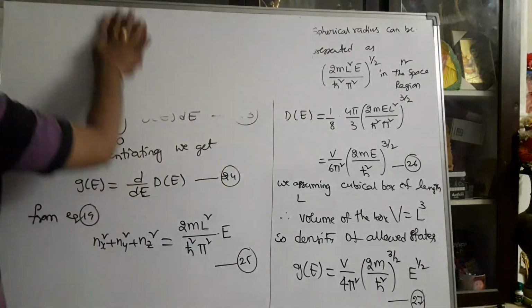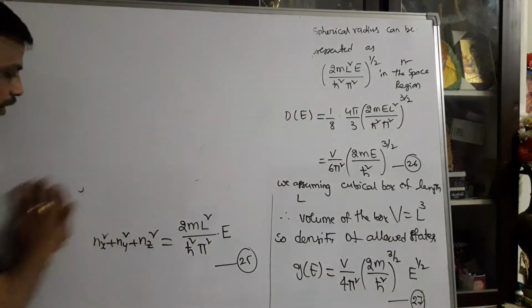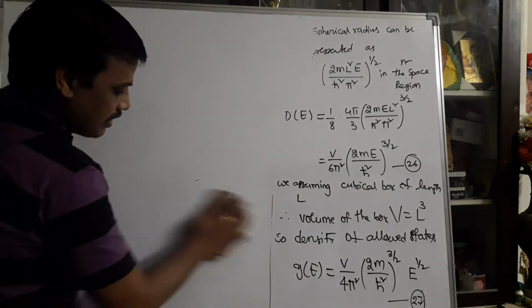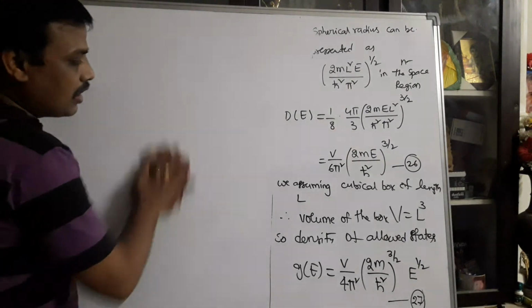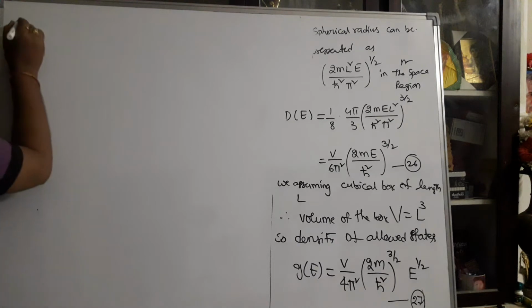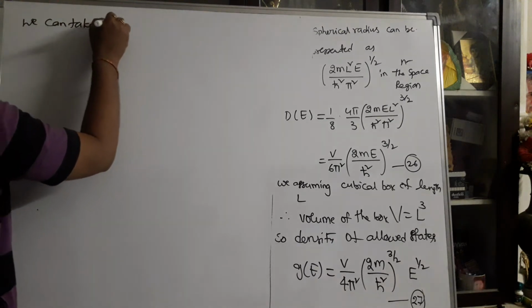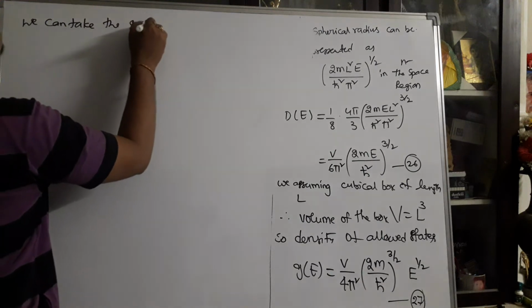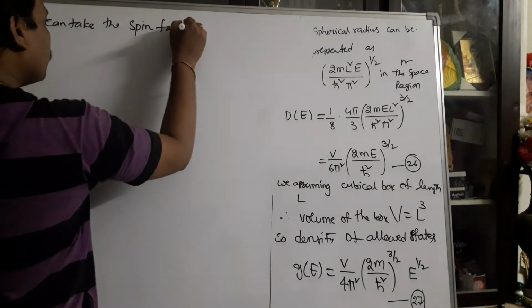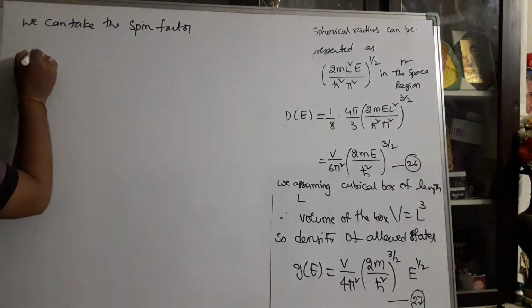You can take the occupation from the spin point of view, including the spin. Up to equation number 7, you are not considering the spin factor. Suppose you take the spin factor into account, then the density of states can be taken as